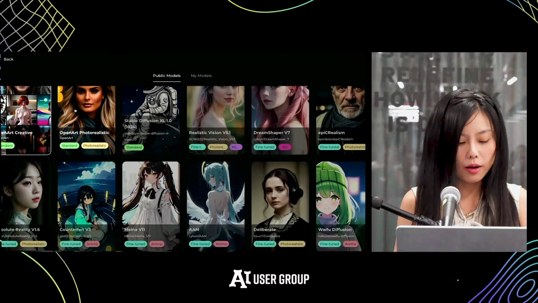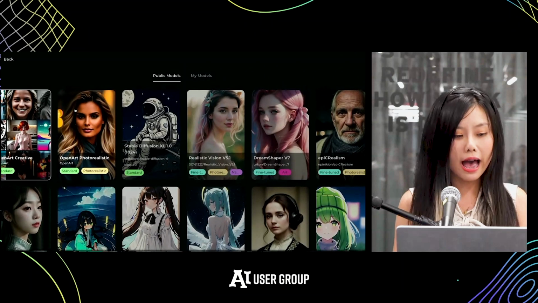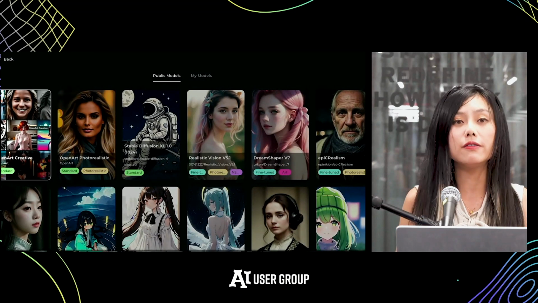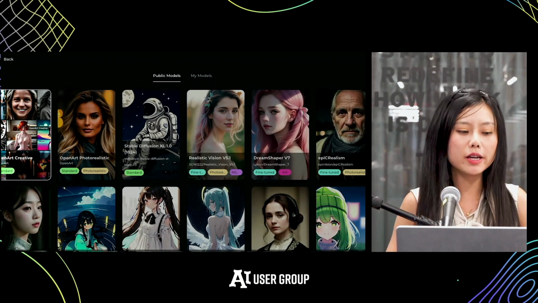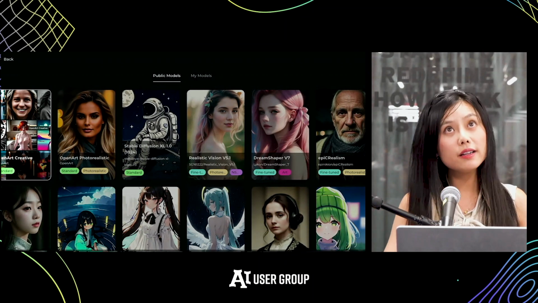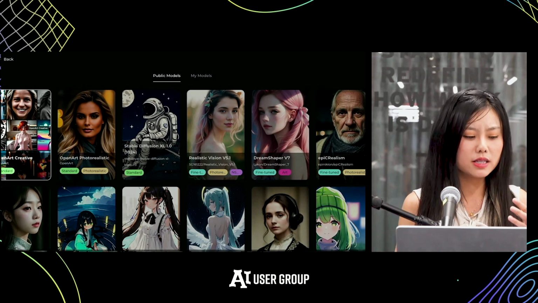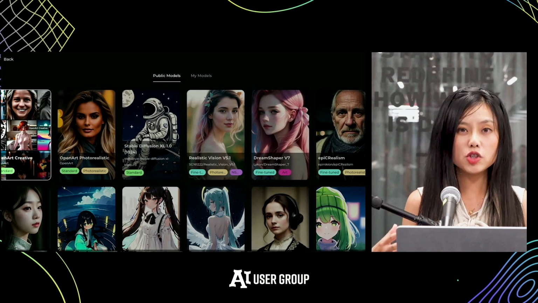Most of our models are based on Stable Diffusion, but as you can see, we do have some fine-tuned models. For example, our default model is OpenArt Creatives, and a lot of the features you've seen are actually powered by this. And this is a fine-tuned version of Stable Diffusion. The problem we want to solve is that Stable Diffusion requires a lot of prompt engineering or long prompts.